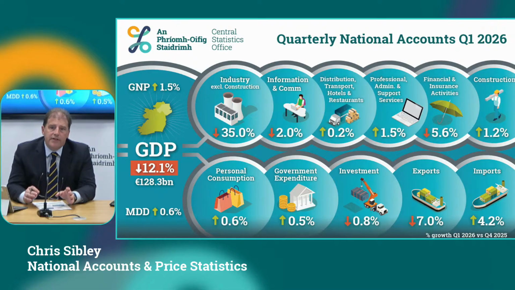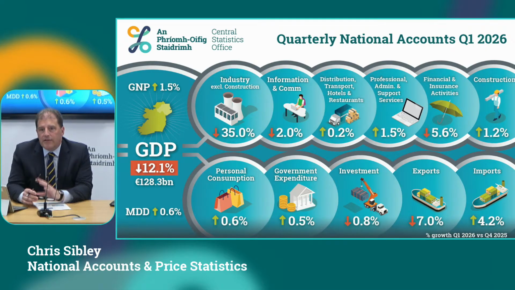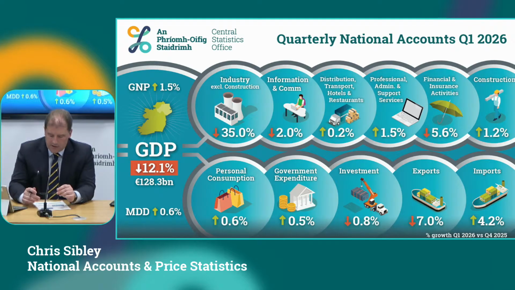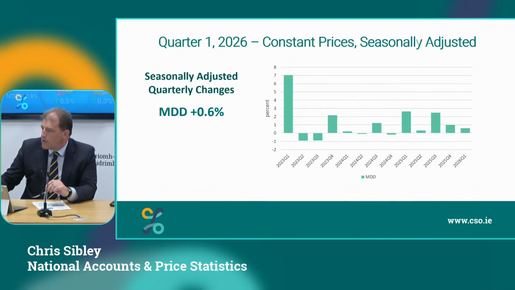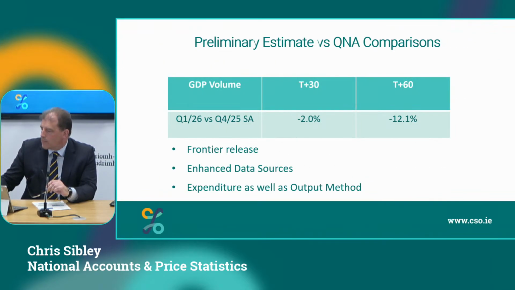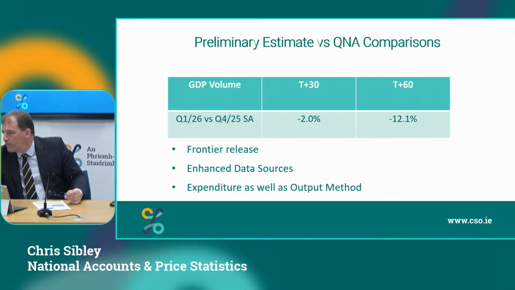The expenditure side of the data you can see on the bottom. Personal consumption of goods and services is up 0.6%. Government expenditure is up 0.5%. The investment data there is down slightly, but we'll see the slides on modified investment, which is actually up. So that run of domestic data is all showing small positive increases, and we'll try and explain that to you during the seminar.